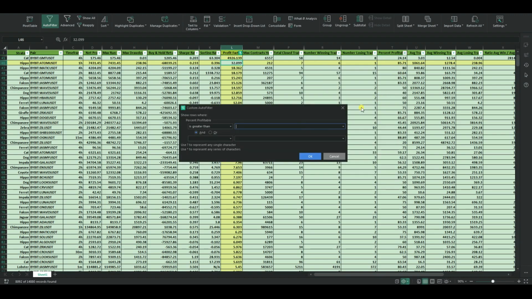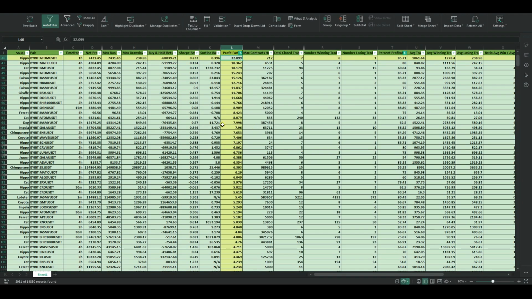We do the same as we did with the profit factor. We went to the column, the auto filter, then number filtering, is greater than 50, and OK. Our results decreased to 2081. Winner: the previous pair we selected, and second with the same strategy, MATIC USDT with 4 hours and 18.362 profit